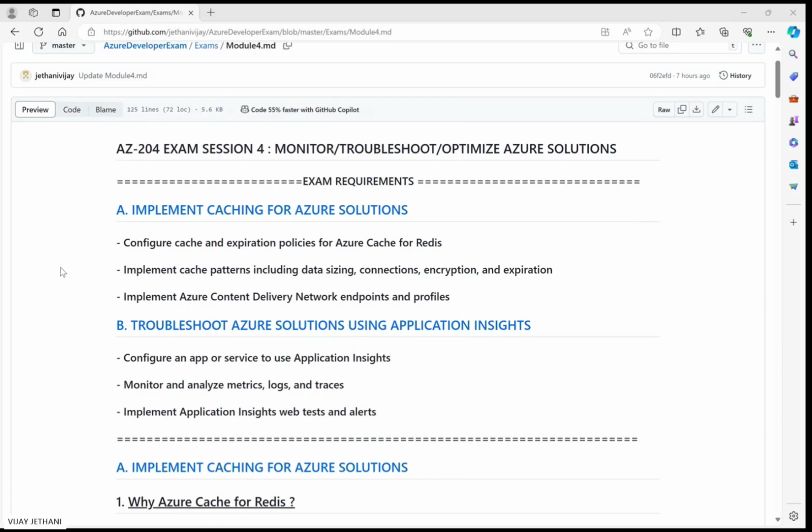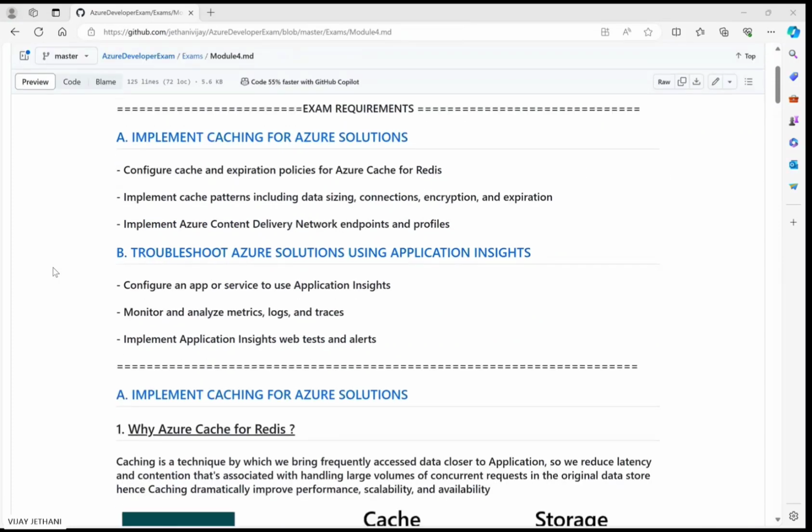Similarly, from application insights, it will be more of how you work around or how you instrument application insights within the application. So how you work on logs, how you configure them, how you monitor them, and at the end, obviously, you need an end-to-end troubleshooting mechanism with the help of some kind of testing along with the logging and a query capability on top of what you have out of box from application